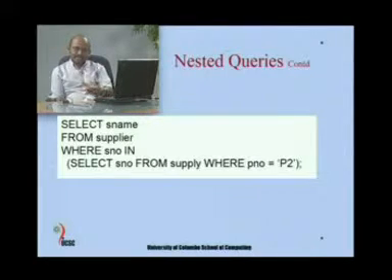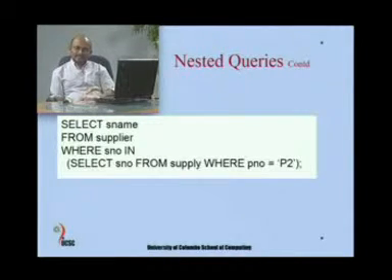So as a result we get a list of supply numbers, but our interest is actually the name. Supply name is not available in the same table. The supply table does not have all the names. The names are stored in a separate table called supplier. So, in such a case what we have to do is take the matching numbers you get from one table and pass it to another query to get the corresponding names.